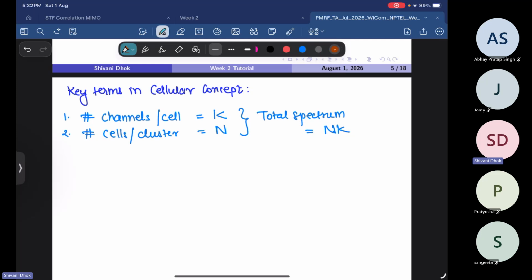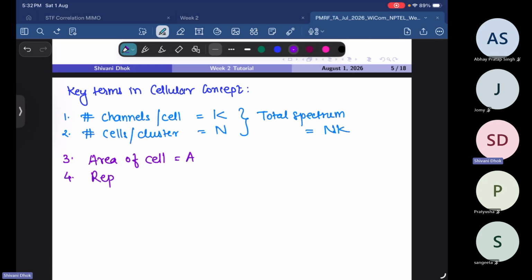Then we have the area of a cell, that is A. And we said that the hexagonal structure is the cell structure that has the best area coverage. We saw how it comes. Then repetitions of clusters, that is M. So based on this, the total area covered